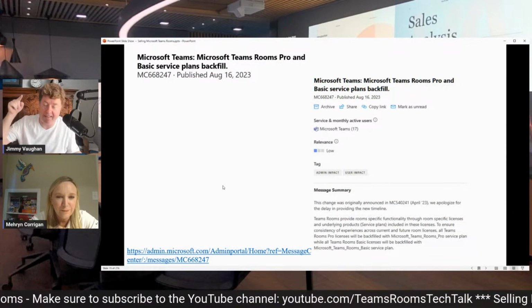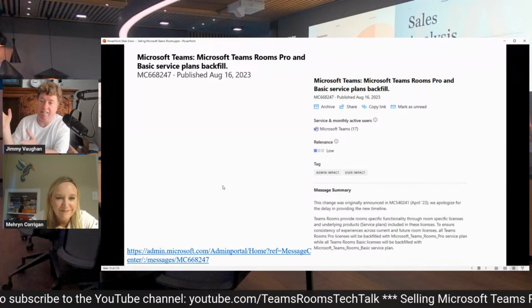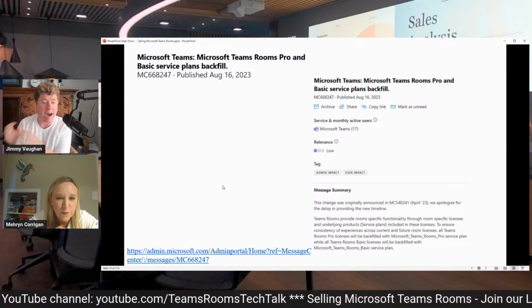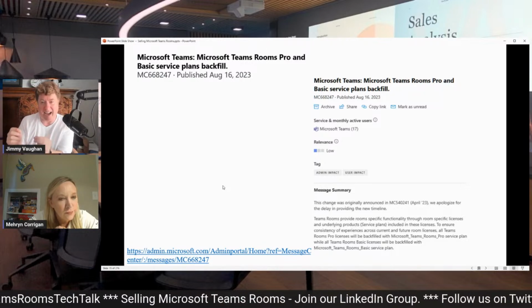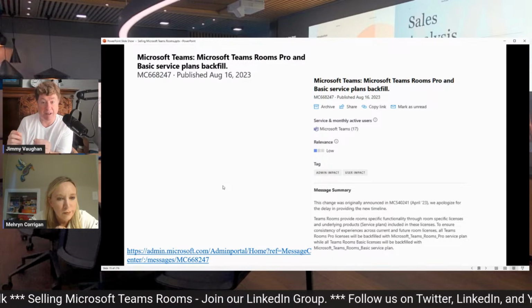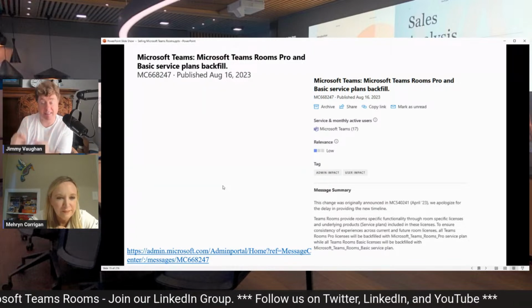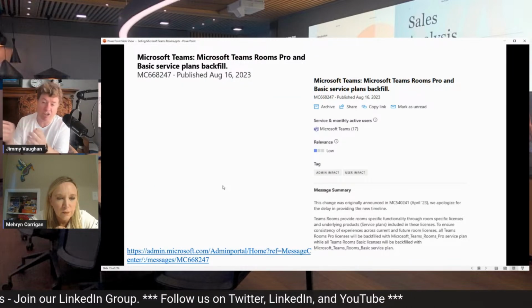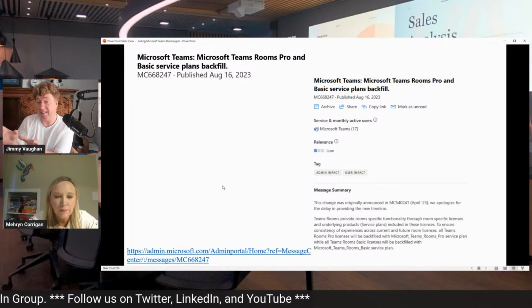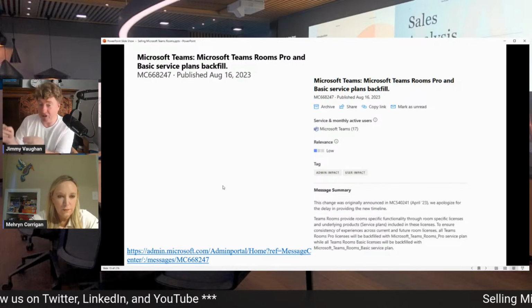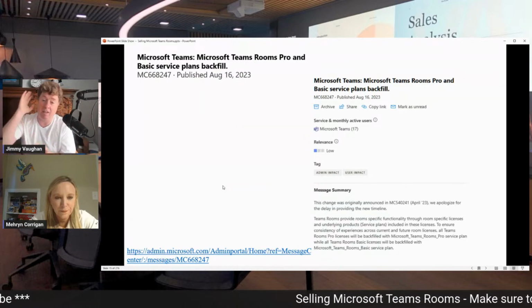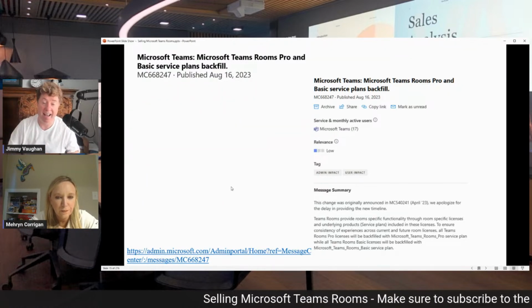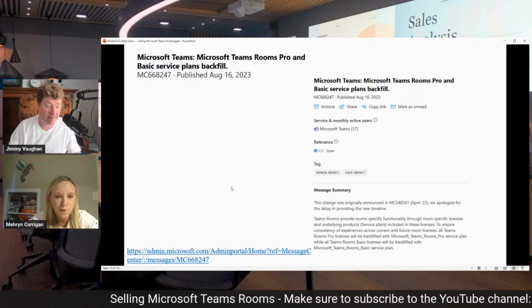Roadmap update for this. I saw it in Message Center, Mehryn. It is about the license and how we are renaming the Pro and the Basic license just inside of the tenant itself. Basic and Pro are still the same licenses, but now we've got underscores. So if you see that these licenses have a different naming structure inside of the tenant, there is nothing to do. This is just going to be there, and we're just making sure that people understand that this is something we're changing inside of the tenant.